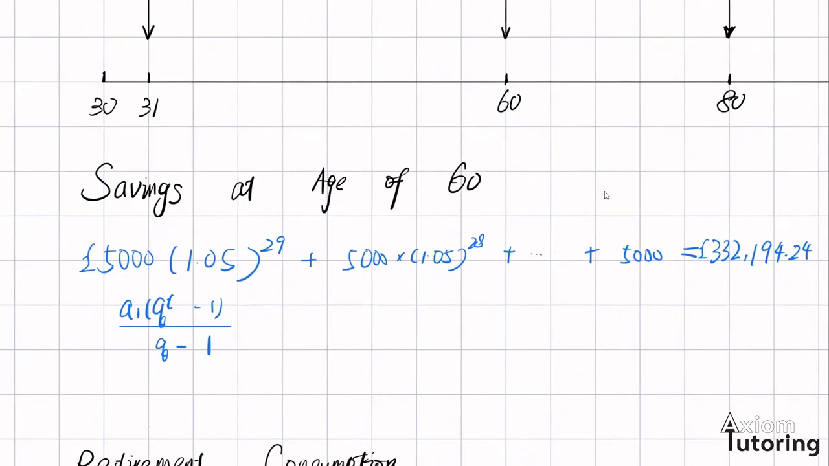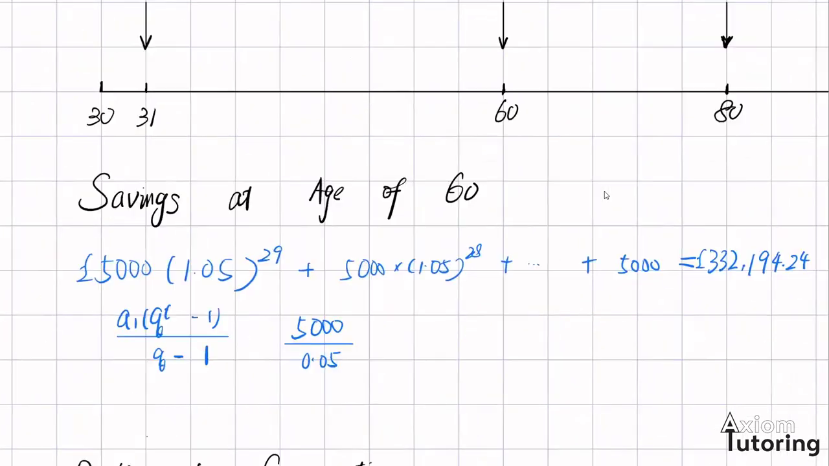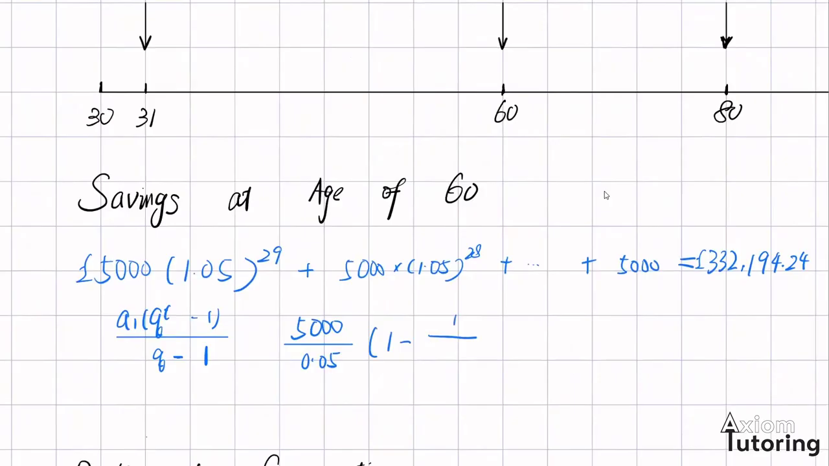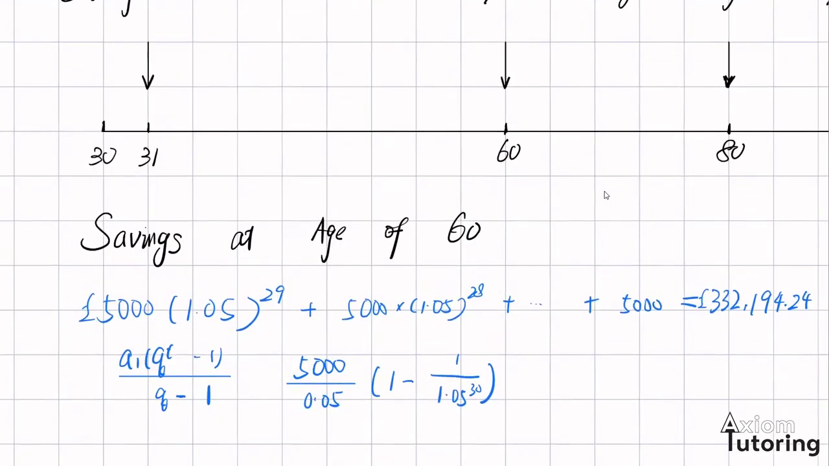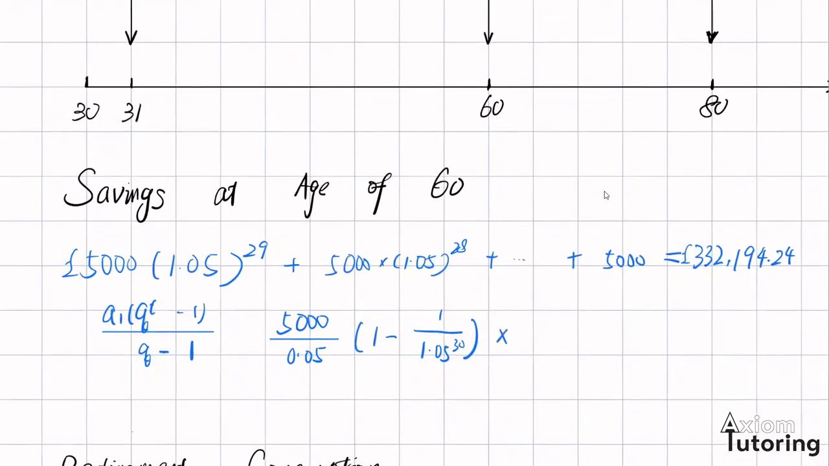We can use our annuity formula, which is 5,000 divided by 0.05, that is the discount rate, times 1 minus 1 over 1.05 to the power of 30. But this is the present value at the age of 30 for all the future savings. So now I'm going to need the future value here. What do I do? I can just multiply this by 1.05 to the power of 30. And that should give exactly the same answer of